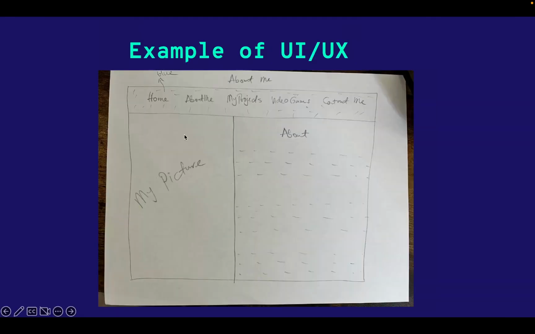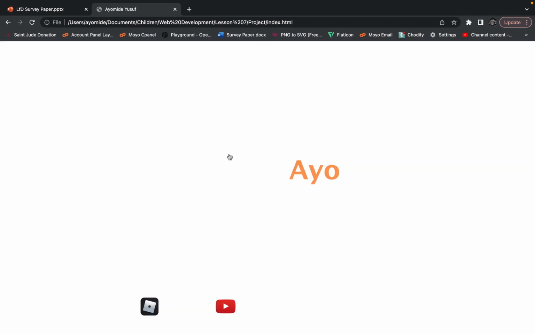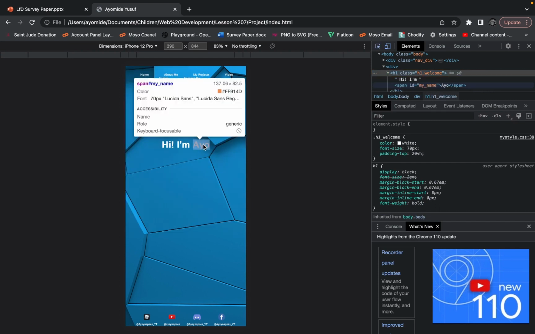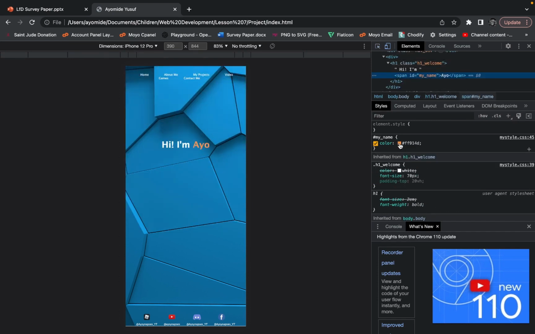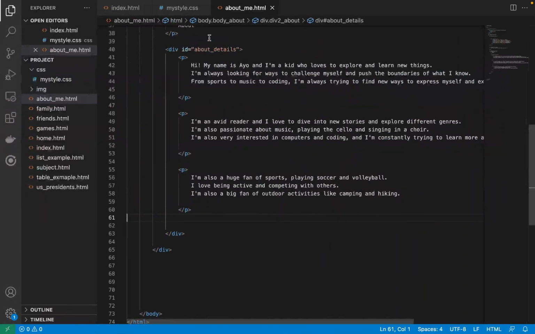See right there, I have my picture, about me, 3 paragraphs, and I have all of these, and this is it too. Okay, then don't forget how we got the background color of this. Remember, you come here, you right click, you inspect, you click on this icon, click on this color, then you click on this, then you click on this, then you try to get any color that you want. So just click on it, and it will give you the code here, right? And that code is what you now put